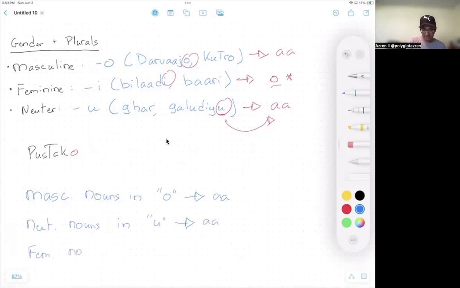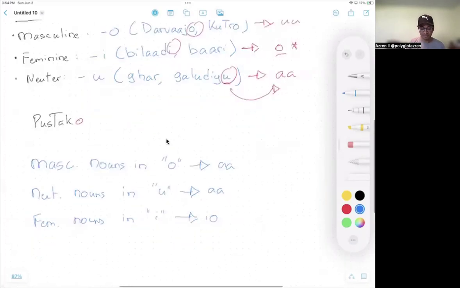Feminine nouns that end in e are going to switch to e-o. So you're just going to add an o at the end. And then a general rule for anything that doesn't end in an o, u, or e. So if it ends in something else, right? So if the ending, the last letter, let's say, the last letter